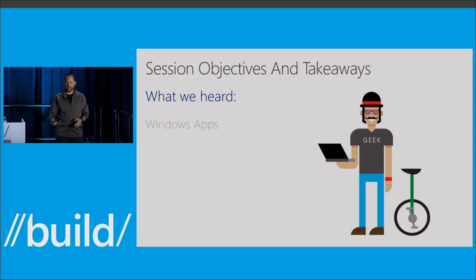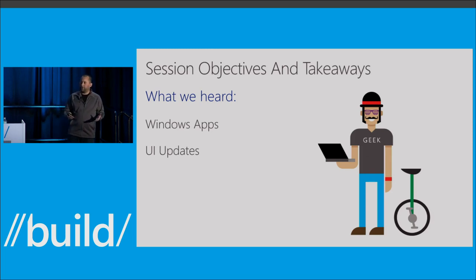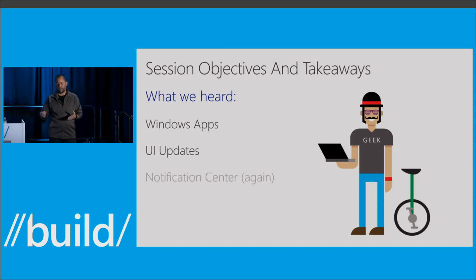But no, seriously, what we heard was, we like what you're doing with convergence, but we want to see more unity, more convergence about Windows apps. And so we're going to talk about that today. You've heard a lot about the Universal Windows Platform and Universal Windows apps today. And we're going to tell you a little bit more about how our stuff fits into that. You said, wow, could you maybe converge your UIs too while you're at it? Aren't you guys the same company? You have a phone, you have things that are happening on desktop. They don't really look like they're in the same family. So we're going to talk about some UI convergence as well in the notification space.